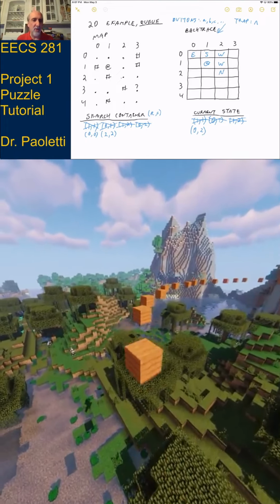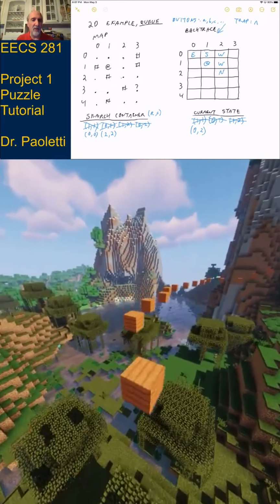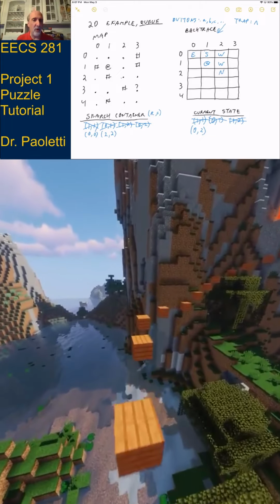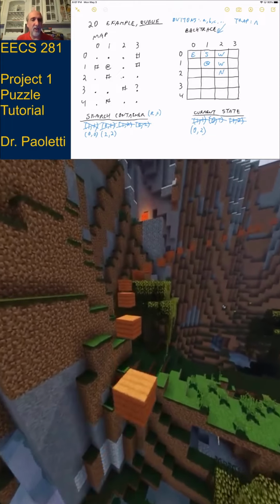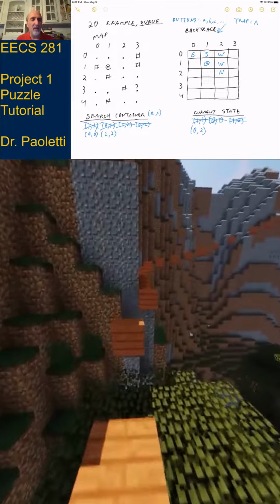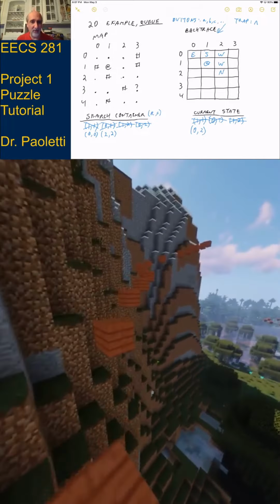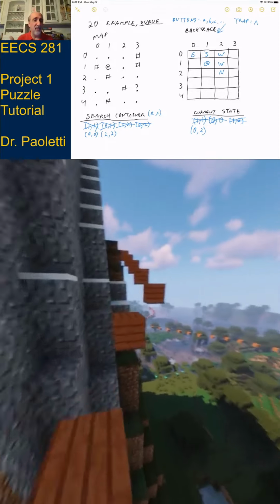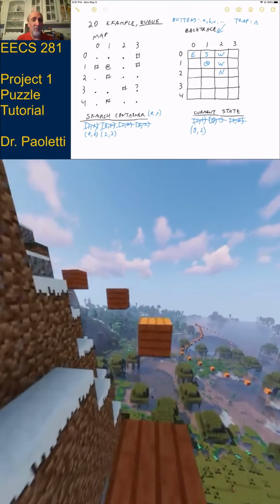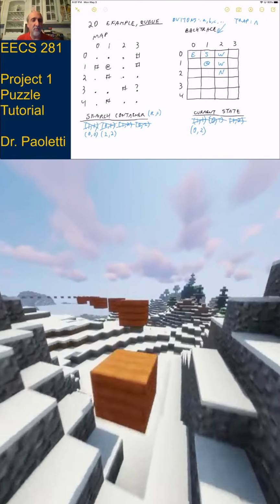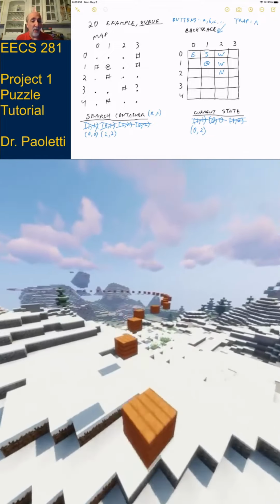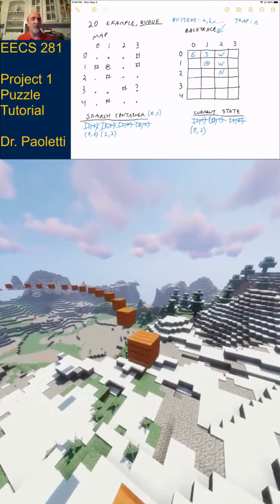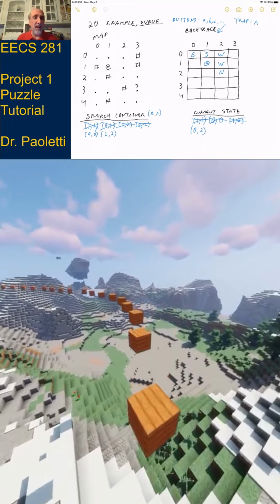All right, let's try south of my current location. South of my current location, it's a valid location. I look at the backtrace. Oh, I've already been there. Nothing to do with south of me. Okay, we look west of us. So remember, our current location is 0, 2. We look west of 0, 2. Does it exist? Yes. Have we already been there? Yes, so we can't do anything. All right, that's it. That was all the investigation of 0, 2. We did not discover anything new.